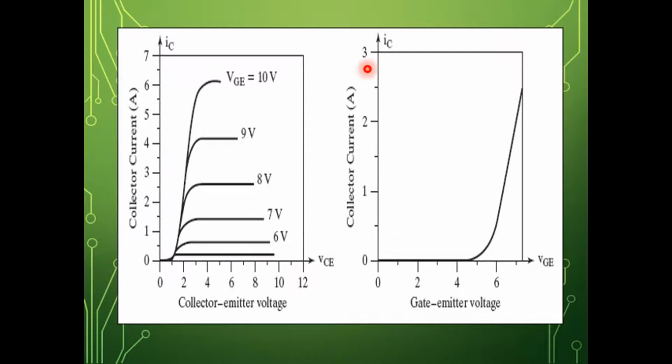And coming to the transfer characteristics, it's a plot of IC versus VGE, which is input. It's for a constant output voltage, and you can clearly look here that the threshold is around 4 to 5. This is 4, this is 5. So in between 4 to 5 the current has increased. That means the threshold of your IGBT device is somewhere between 4 and 5. So once the input voltage crosses the threshold, the current increases. Until then it is equal to 0.